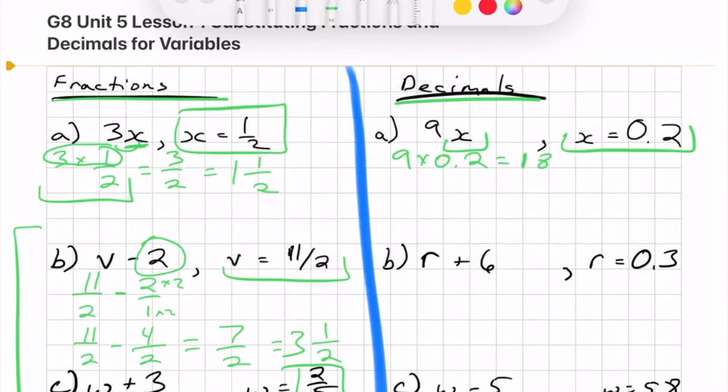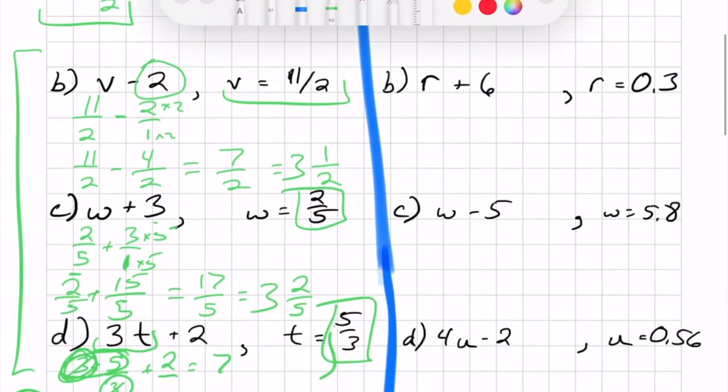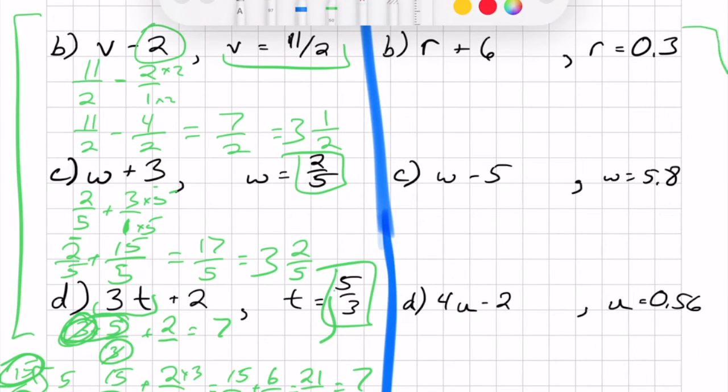I know that's 18, and there's 1 decimal place there, and that makes sense when I look here. I'm going to get you to pause and do these next few. Plus 6, and that's going to be 6.3. Okay, I can line it up